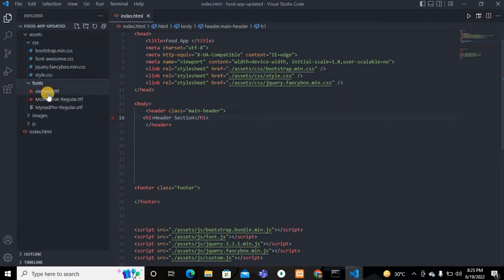This is my fonts I have used in this project. This is my another font family for my text of this project, and this is my another font family, Mondstadt regular, and this is another font family file which I have downloaded, and this is my images folder,